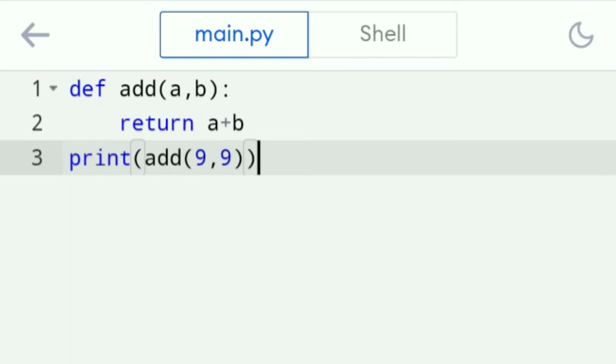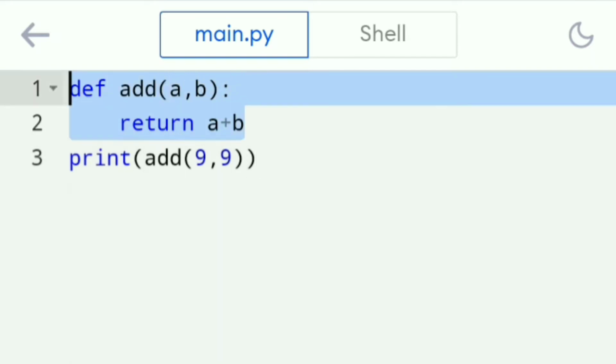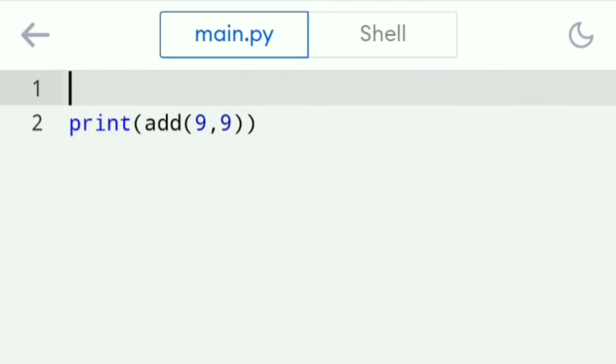This is the regular setup for writing a function block. So without a name, how do we write it? Let's check. I'm going to delete this function block. We have to write a variable. Let's name it add and assign some values to it. Before writing an anonymous function, we have to use the keyword lambda. This keyword helps you write a function block without a name, and you must mention the parameters. It can hold many arguments.